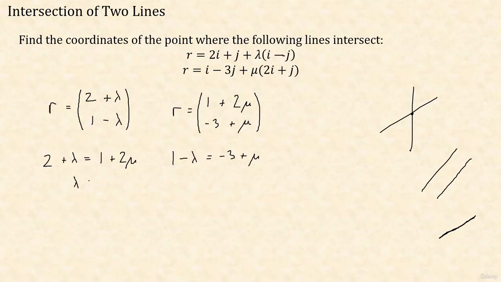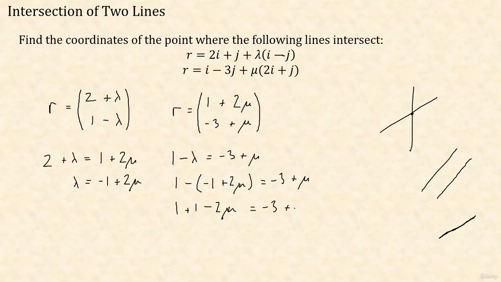I'm going to just get this one in the form lambda equals -1 plus 2 mu, and then sub that into here. So 1 minus lambda, which was -1 plus 2 mu, equals -3 plus mu, and now I can just solve to find mu. So 1 plus 1 minus 2 mu equals -3 plus mu. Get all my mu's on one side, so 3 mu here, and I've got 5 on this side. So we get mu equals